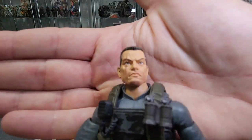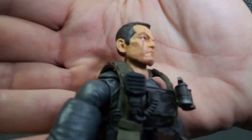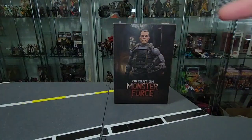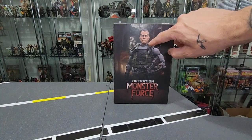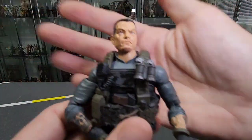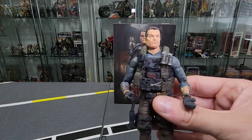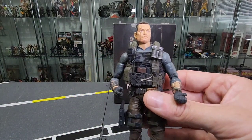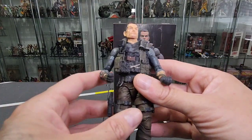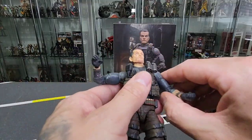Just look at Declan's face. He looks like he has seen some shit. And it's a great face sculpt. I was a little bit apprehensive about this figure when I first saw the image in the promotional material. But in person, he's tip top. And he's a perfect example of a figure that will fit with Action Force or G.I. Joe Classified or whatever you like, really. The modular nature of it, you can do a lot with him, is great. But the figure itself,